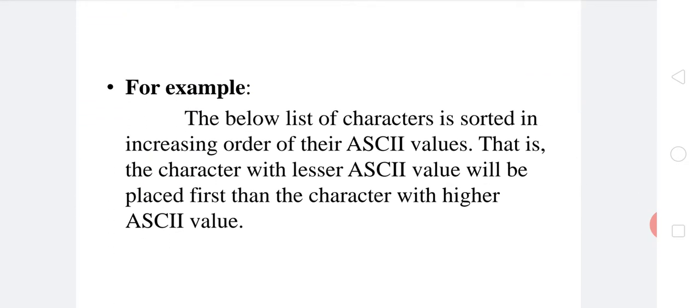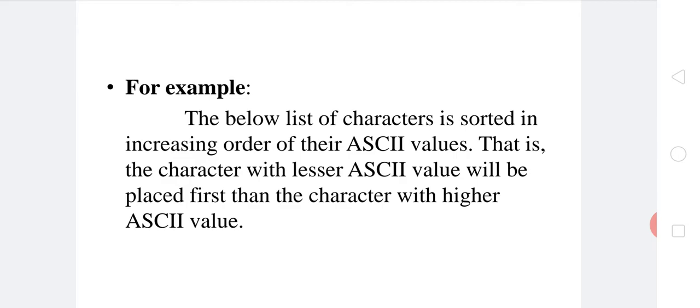For example, the below list of characters is sorted in increasing order of their ASCII values. In the next slide, there is one example of characters, and these characters are placed in some random order, but we have to sort them in a particular order on the basis of ASCII value.